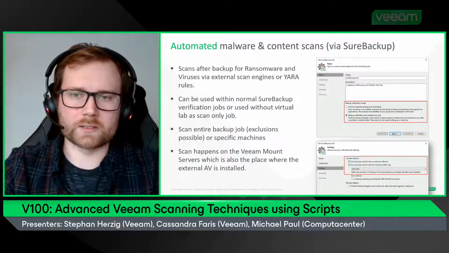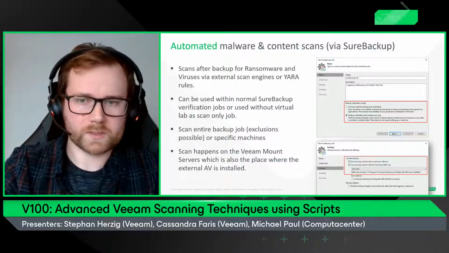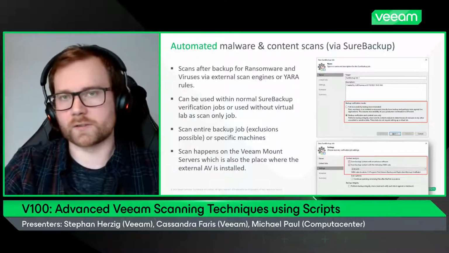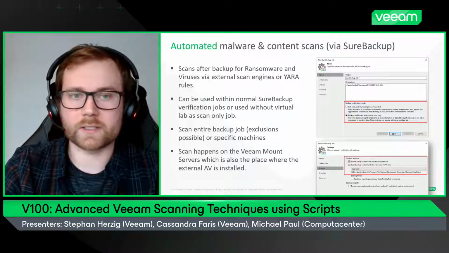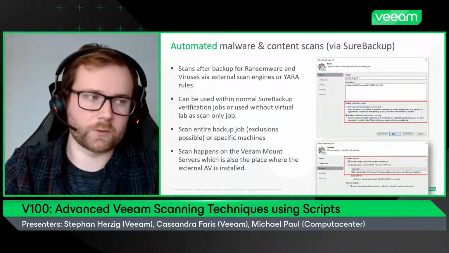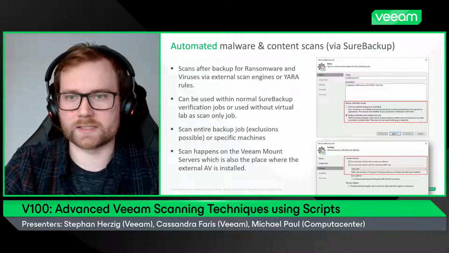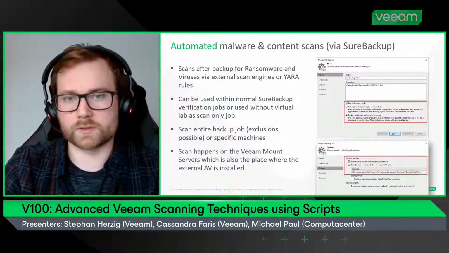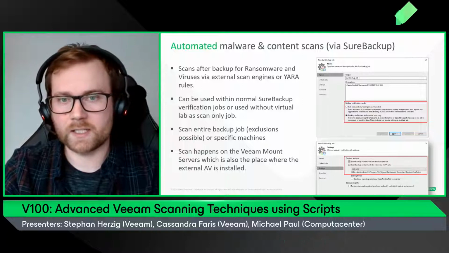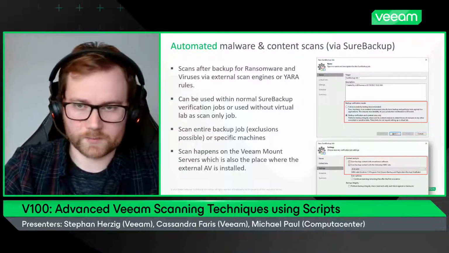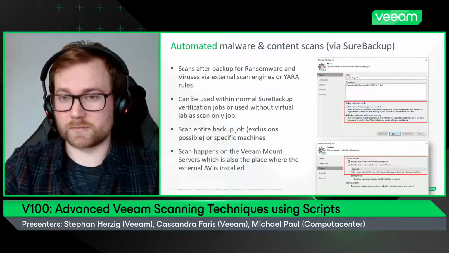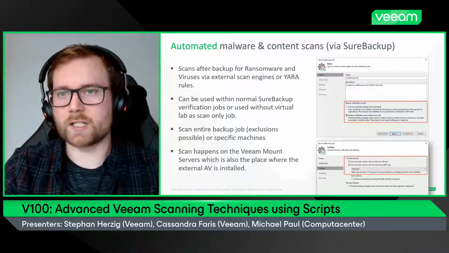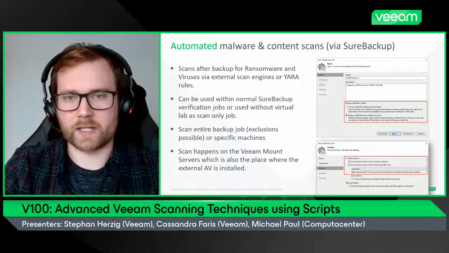It doesn't scale too well. And for anyone that's got their jobs like that, you don't need to compromise on the security vector here, because rather than doing that full testing, you can still perform this backup verification and content scan only. It's going to cut out a lot of the stuff I just mentioned. So it might be you want to do security scans daily, but you might want to do weekly backup scans. A little extra side note here, what you can do from Veeam Backup and Replication V12